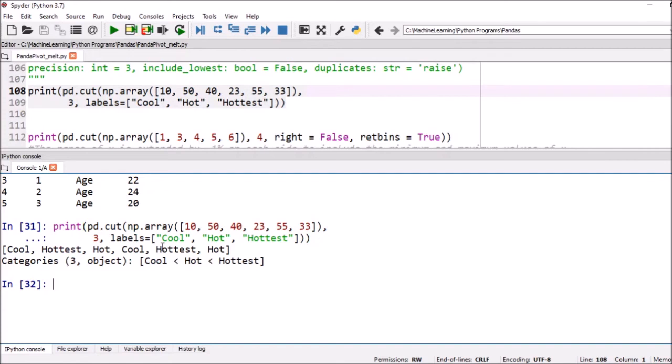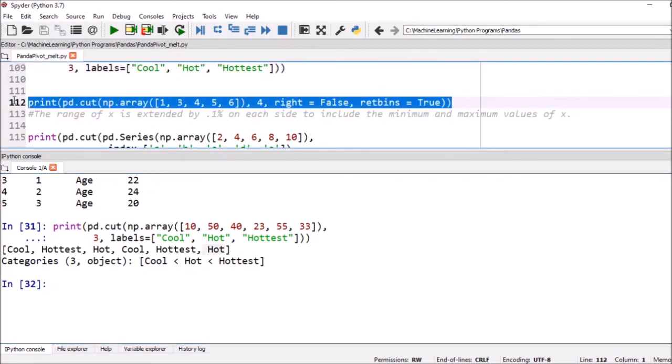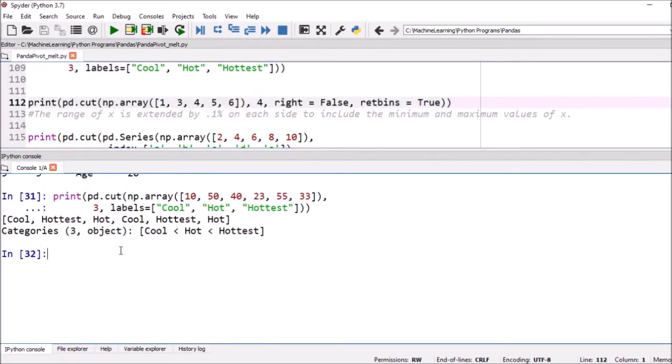Now you can see 10 is cool, 50 is hottest, 40 is hot, 23 is cool, 55 is hottest and 33 is hot. So definitely cool should be less than hot, and hot should be less than hottest. Are you getting this one? Next we can execute, converting one continuous variable into some discrete levels. Here the write is false and retbins is true.